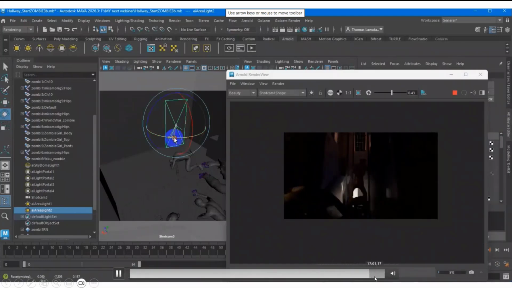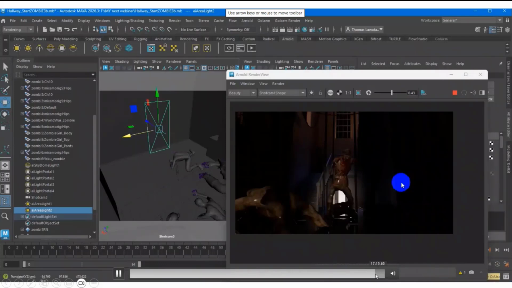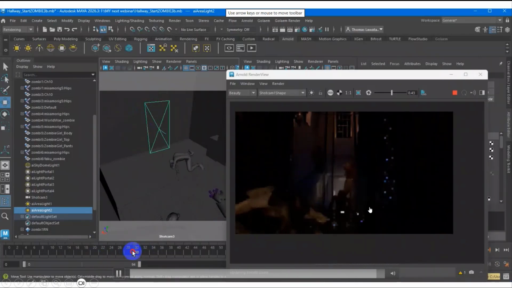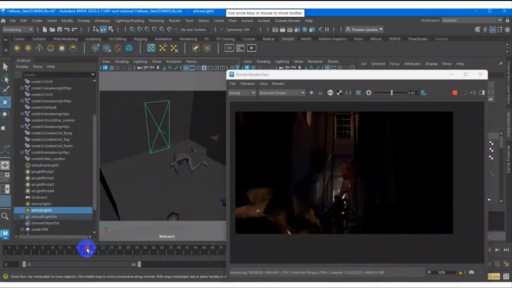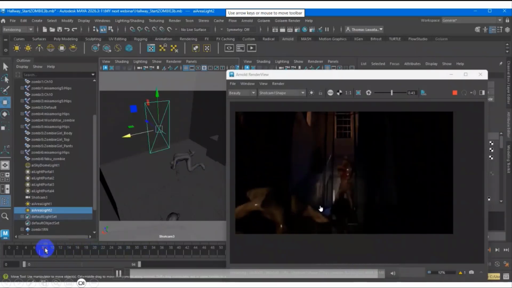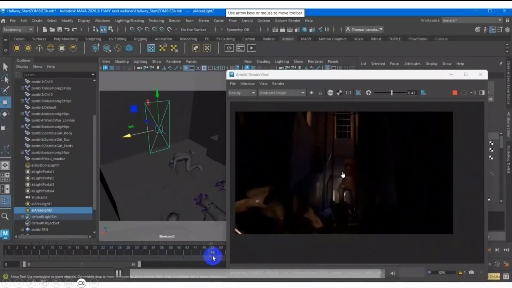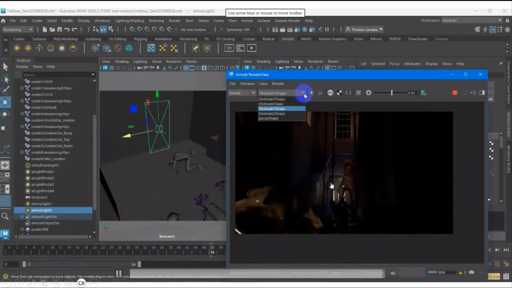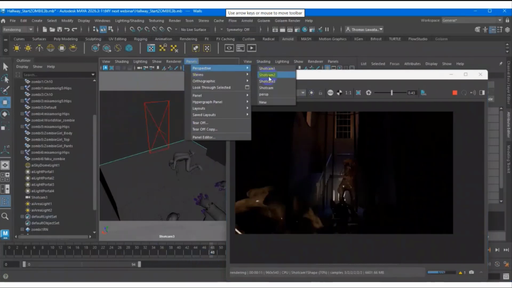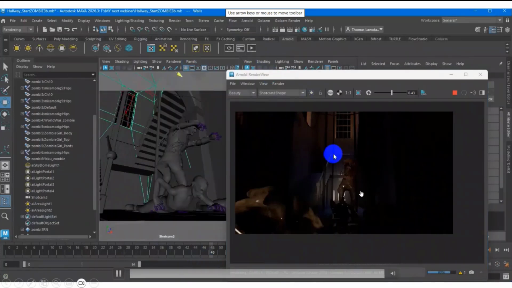Okay, so this is not too bright. This is like the example. We can see in the next demo what needs to improve to make it more realistic. Of course, the material you need to convert to Arnold, because I got this character from Mixamo. Once I get the Arnold render, I need to convert. You can go to the Hypershade and convert into Arnold. I think it's easier, and you can tweak the material, of course.